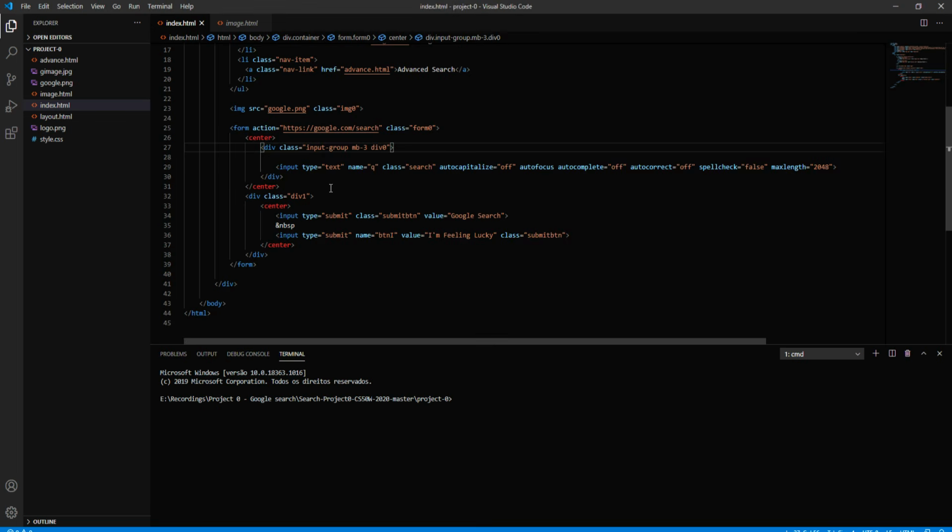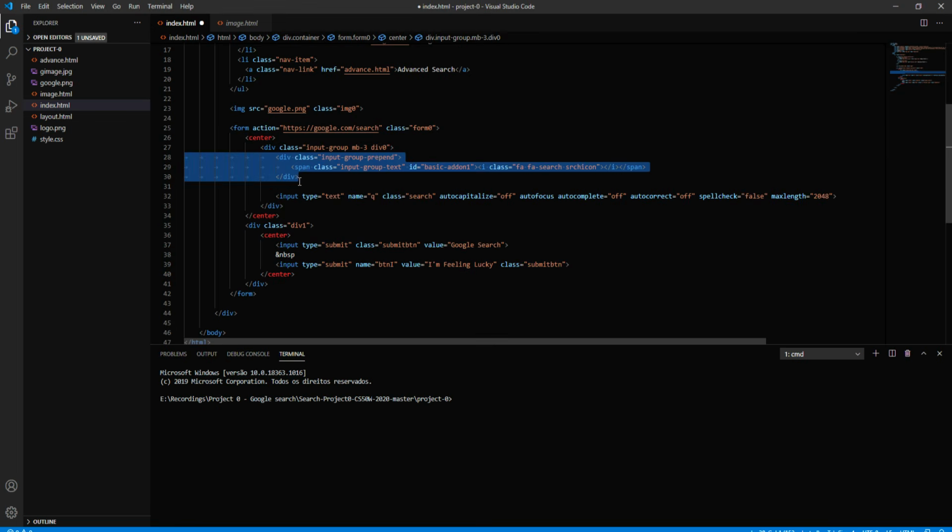So this div is just for the icon. And later, we can see the input for our information. It's a text input. The name of the parameter is Q. And then there's the class and other configurations that will be used for this input. But